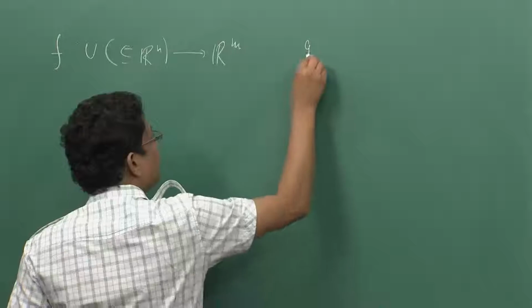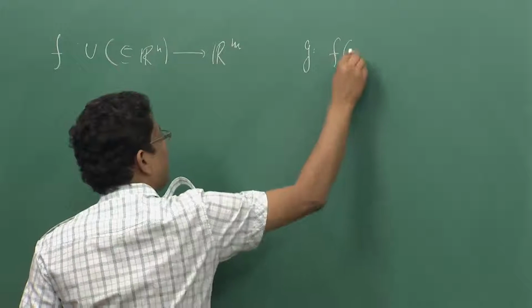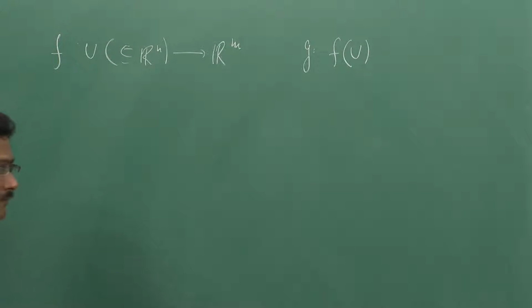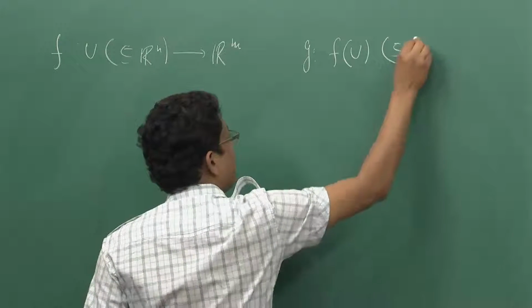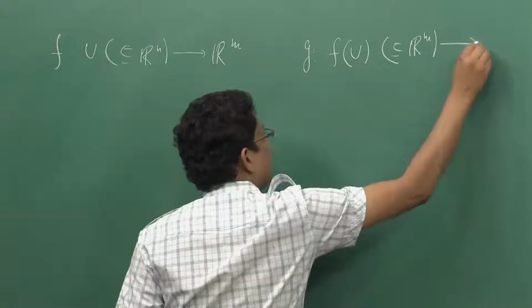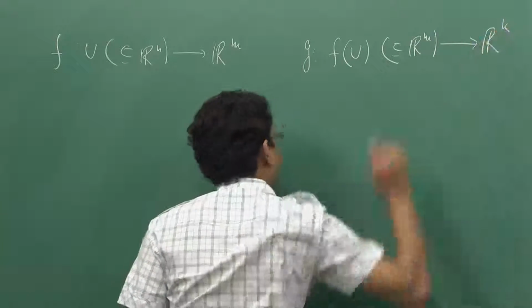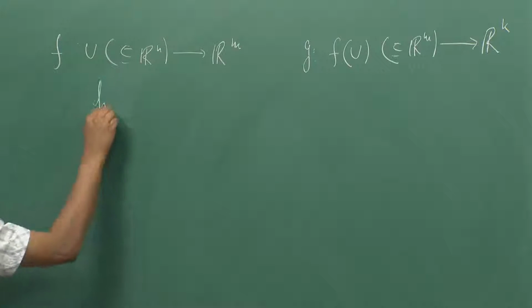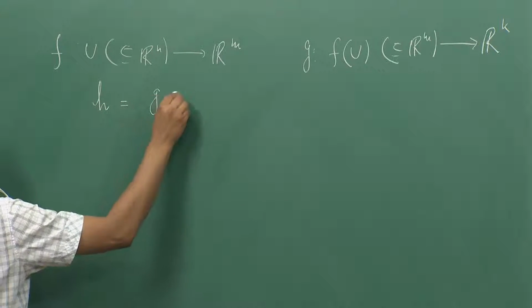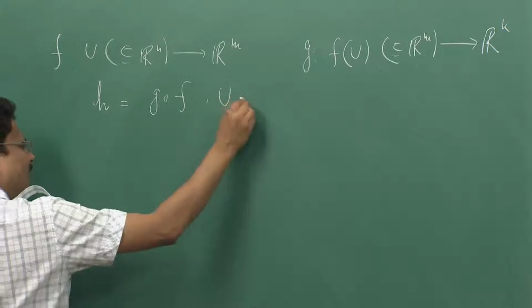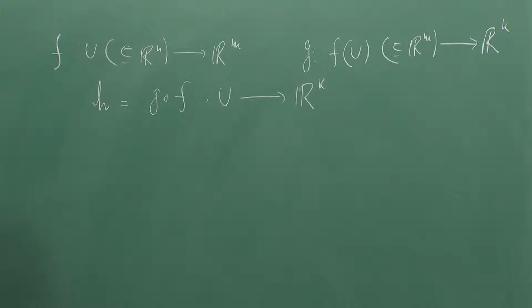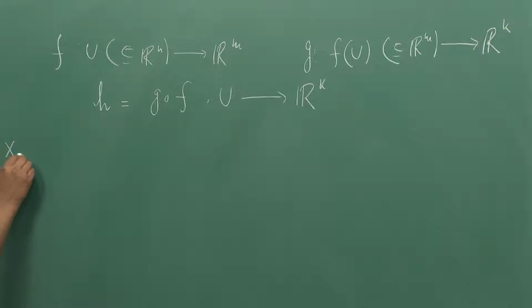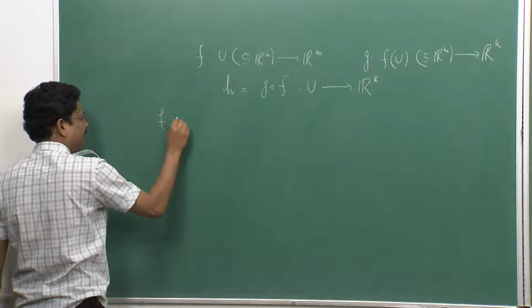and g is a function on f(U), which is in R^m, to R^k, then I can define this function h, which is g composed with f. This is from U to R^k. And suppose f is differentiable